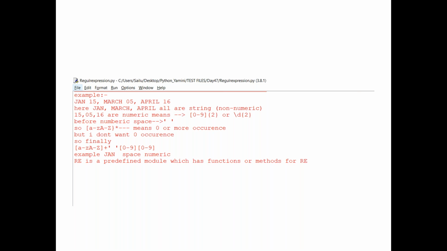The second thing is, there is a gap between your capital letters and the date. So 15, 05 and 16 are the dates we have, and there is a gap between Jan and 15, between March and 05, and between April and 16. There is a one space gap. Now if I want to extract